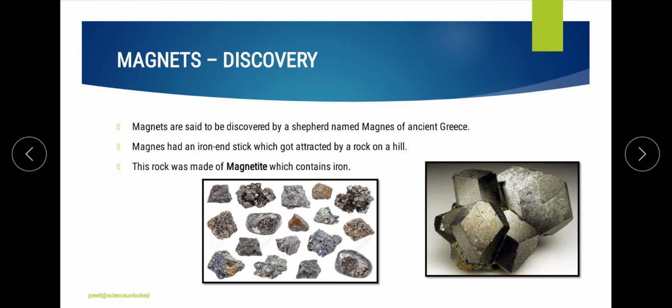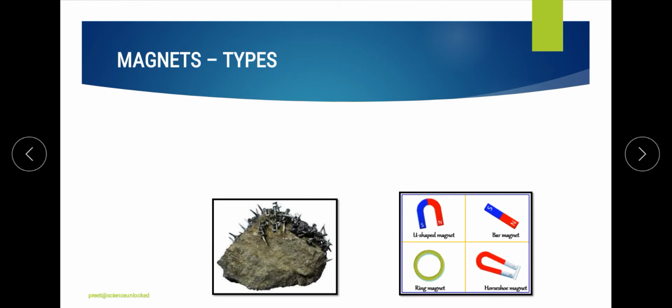On the other hand, these rocks are actually made up of a mineral called magnetite, which initiates, or you can say generates, the property of magnetism in any material, just like iron, cobalt, nickel, all these things. Now whenever we learn about magnets, we find that we have two categories of magnets on the basis of whether it is present in nature or it is made by humans by doing various processes with the help of existing magnets and iron bars.